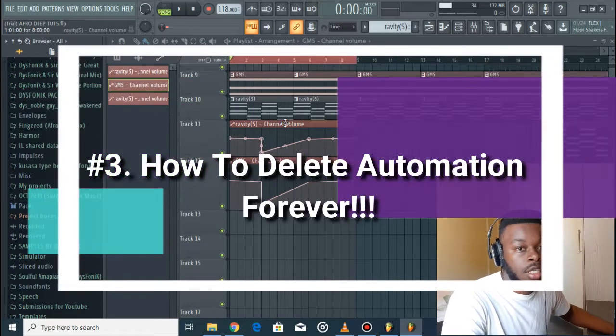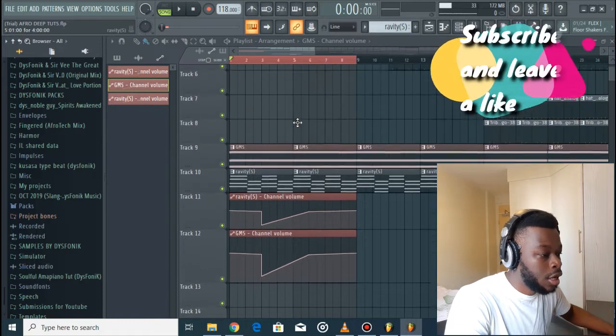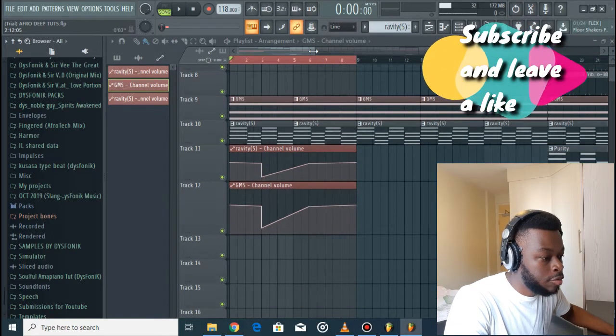The next tip I'm going to share is how to delete automation forever. It's just so frustrating when you want to take away a certain automation clip, but then the pattern just stays there forever. For example, for the automation that we've created